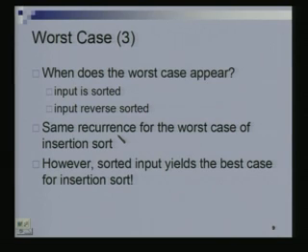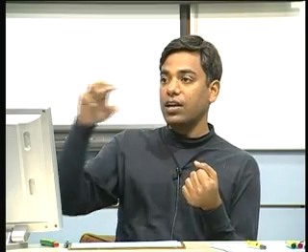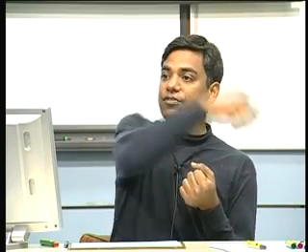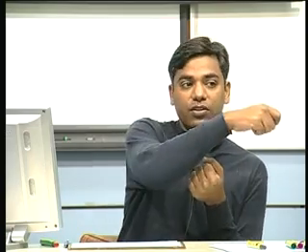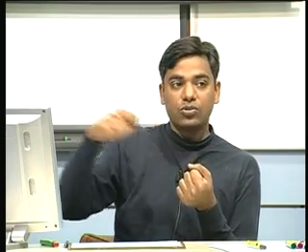Right. A similar kind of thing happened in insertion sort, if you remember. In insertion sort we said the worst case would happen when it is in descending order. Because if you recall, in insertion sort we were taking an element and figuring out the best place to put that element, and we would go from the end to find the best place. So, if it is sorted in decreasing order, then the best place is always the front of the array. So, you will have to go all the way to the front of the array at every step, and so it is again 1 plus 2 plus 3 plus 4 and so on all the way up to n. So, you get again the same n squared.